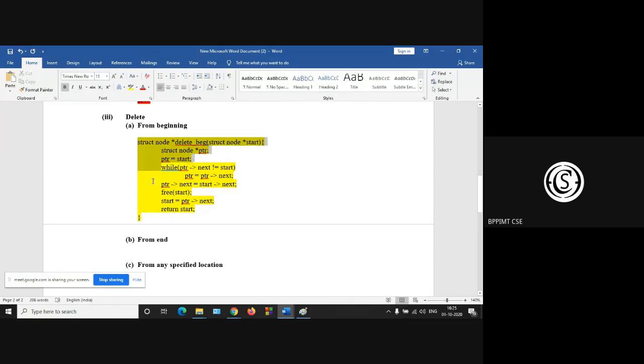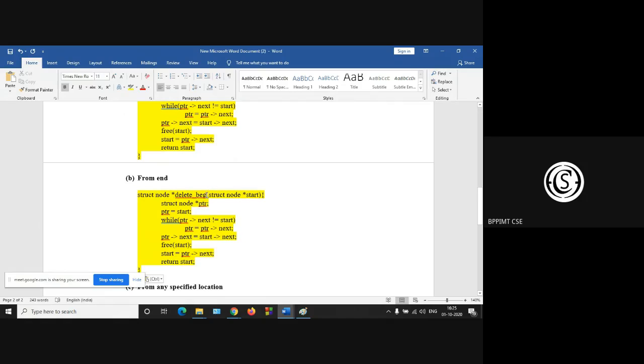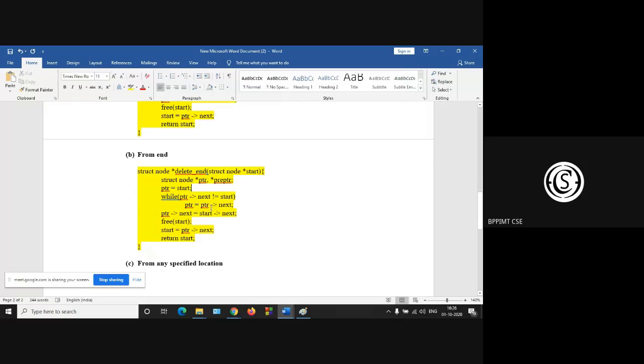So delete from end. So there will be another pointer, PTR. And while your PTR next is not equal to NULL, what is the first line?